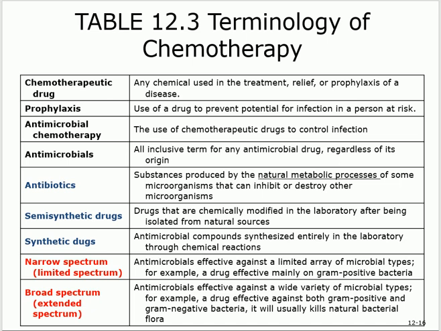What is a chemotherapeutic drug, generally speaking? Chemo means chemical, right? Therapeutic means treatment, isn't it? Therapy. So a chemotherapeutic drug is a chemical that's used to treat, or not necessarily treat. It can be used as prophylaxis. What's the difference between treatment and prophylaxis? Yes. Treatment is when you are sick already. You have the infection, I give you treatment. Prophylaxis is when you're not sick, but I give it to you so you don't get sick. So prophylaxis is prevention.